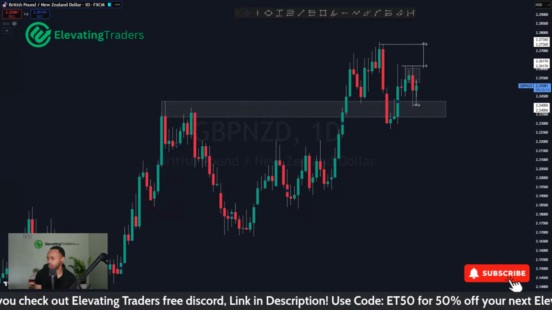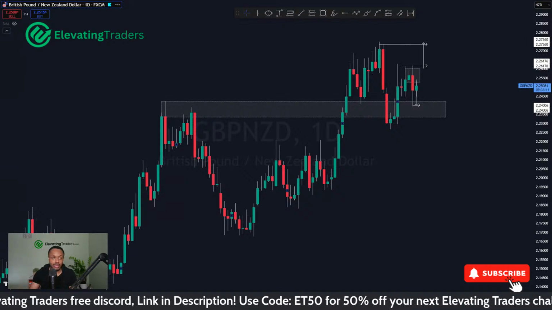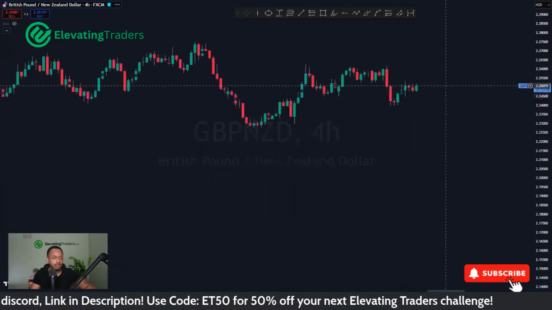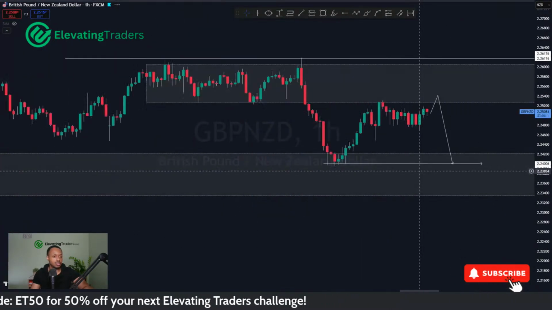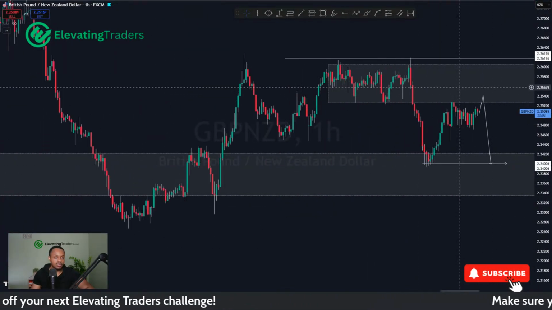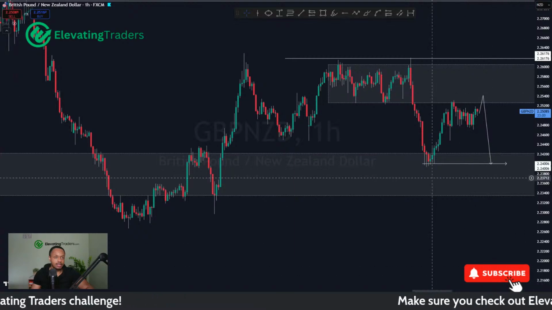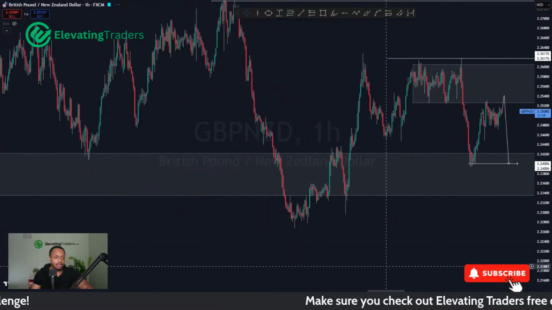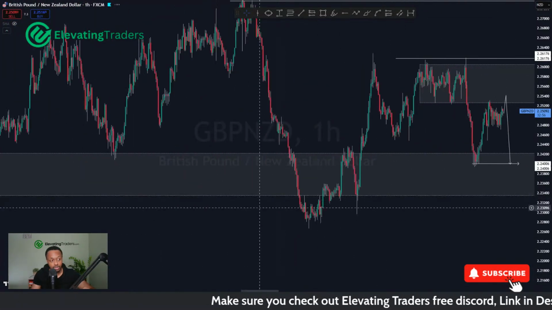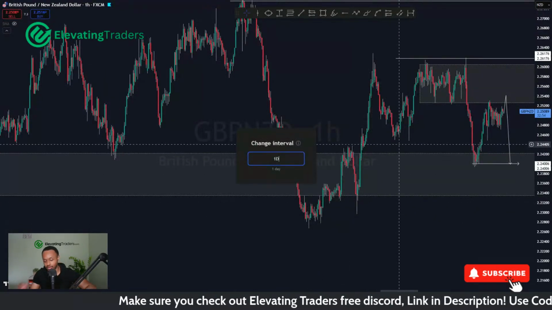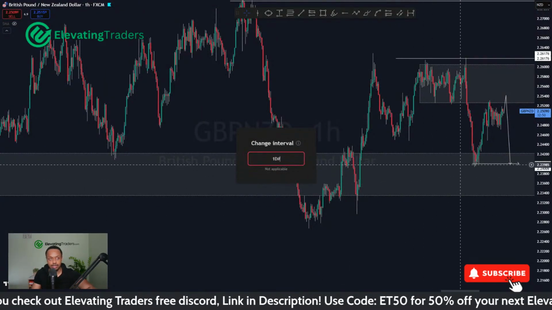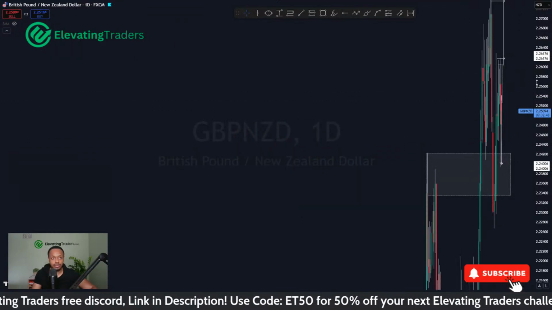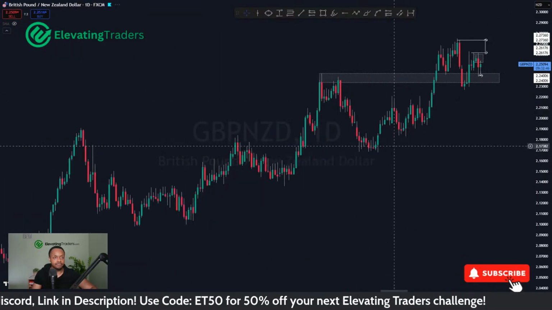Yes, 2.24. Okay, so roughly that area. Okay, no problem. So I would probably look to see if I can get the trade swinging back into support here. Stops above the high make a lot of sense, and targets around there make a lot of sense as well. We could possibly come back to the swing low, but like I said, I'll be a bit careful with that. Still counter trend, and price might not be done with that bullish trend just yet.